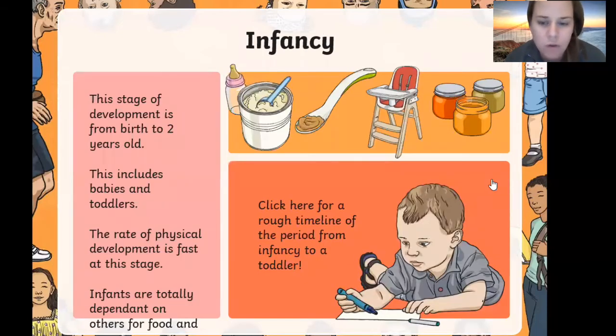We then have, of course, infancy. So when they are babies until they are about 2 years old. This includes babies and toddlers. The rate of the physical development is fast at this stage. Infants are totally dependent on others for food